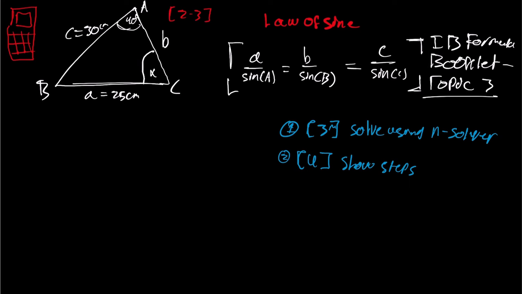Now, like I said before, you have 2 ways of solving it. You have step 1, where you solve using nsolver if it's between 2 to 3 marks. And if it's 4 marks, you show detailed steps. Here's how I'm going to go on solving this. Again, I'm going to just plug in my values here. So we have 25 over sine 40, which will equal 30 over sine